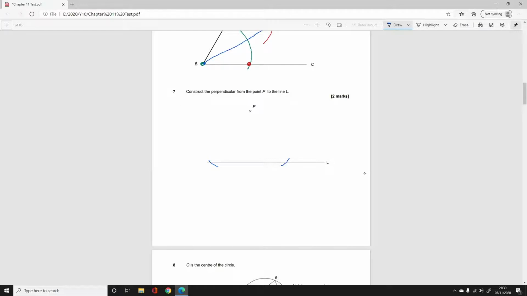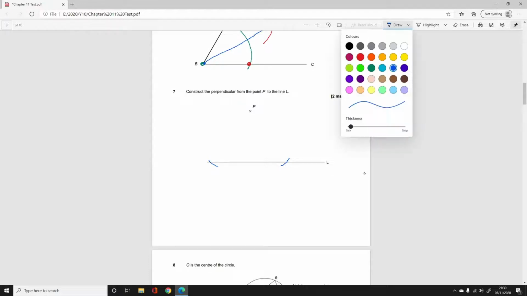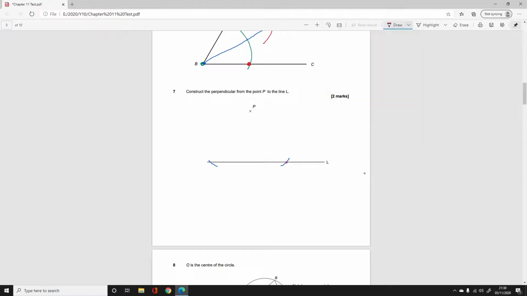Yeah, that's about right. So that's part of a larger circle around P that needs to cross the line twice, and it'll cross it at 2 points. So we've got here and here, and we are going to bisect the line between those 2 points. So from the first point we would get our circle, from the second point we would get our circle, and